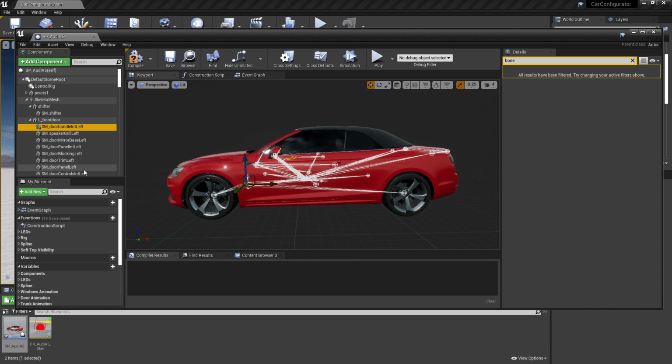And because I want to be able to turn the Audi on and off and the ID4 on and off, instead of hiding them in the simple way, I'm actually going to create a little bit of blueprint code that lets me make a switch to turn that on and off. It's actually only a few nodes to do it, and I'll show it to you now.